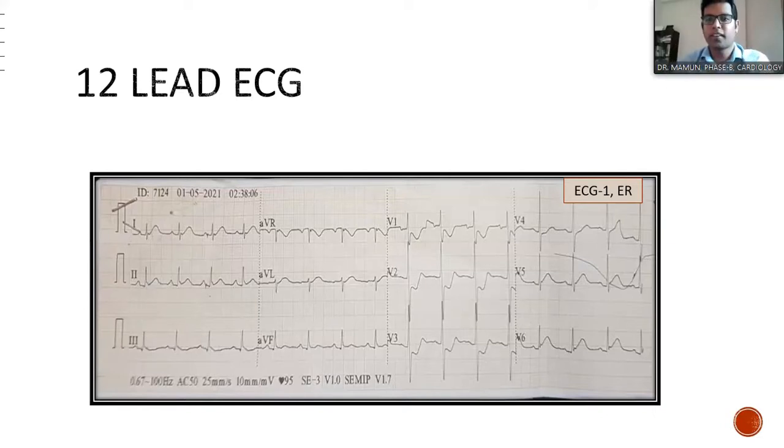Well, the question is the difference between posterior MI ST depression and the reciprocal change. My question is actually, sir, when the segment depression... I'm giving the answer. In case of true posterior MI, there is ST depression. First, we look at the ST depression. The ST depression is downsloping or horizontal. In case of reciprocal change, the ST depression will be upsloping, and